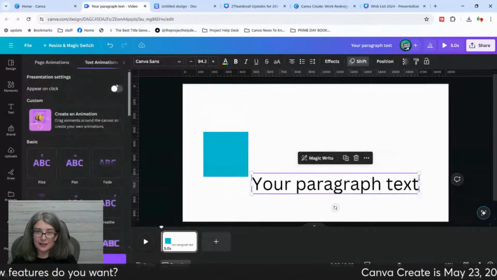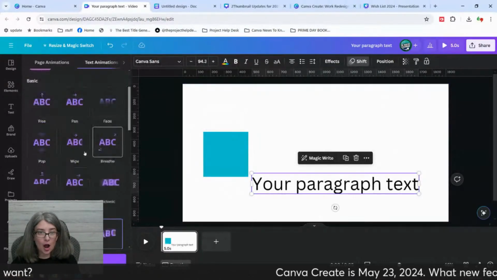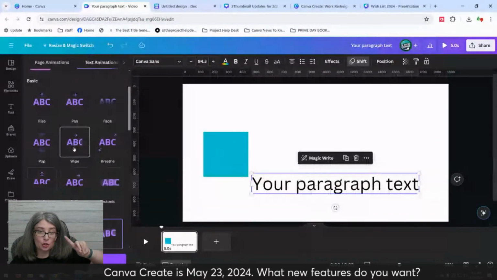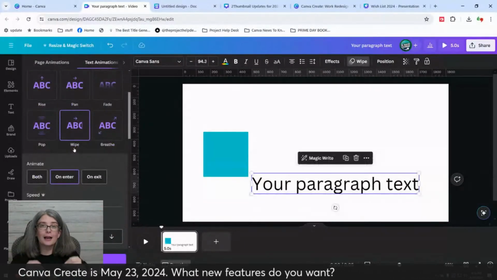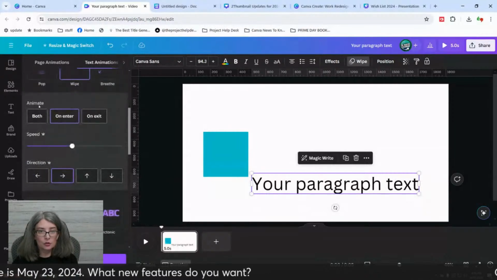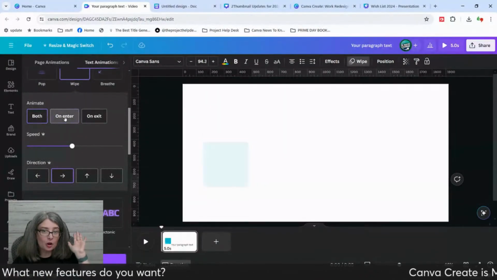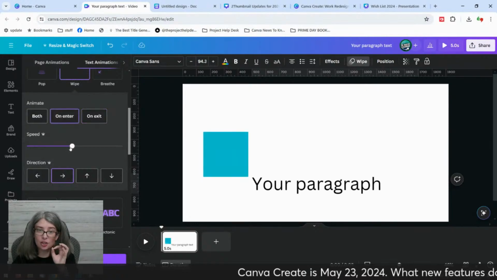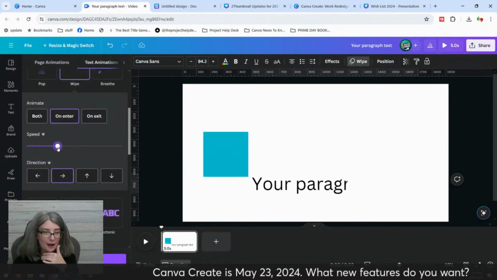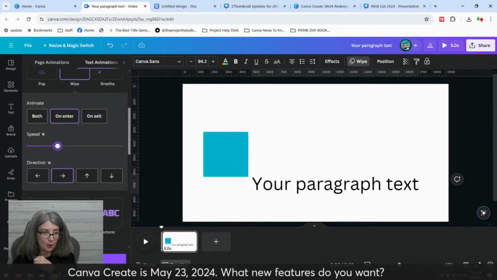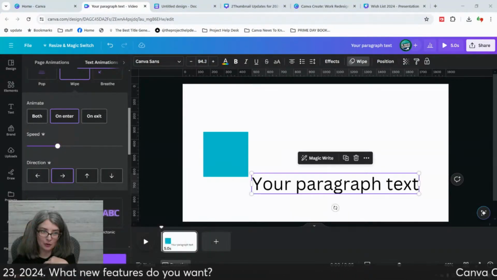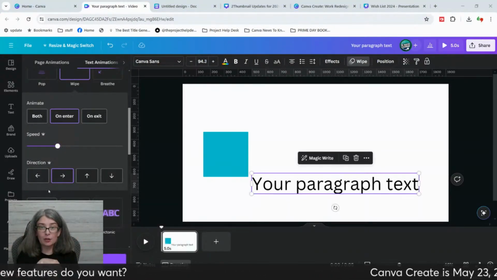With text, you've got, oh, and what I didn't mention is that with the animations, when you click on one, you've got different options. So you can animate on both, on enter, or just on exit. You can change the speed if you have a Canva Pro account. Oh, I have a Canva Education account, so yours may look slightly different.